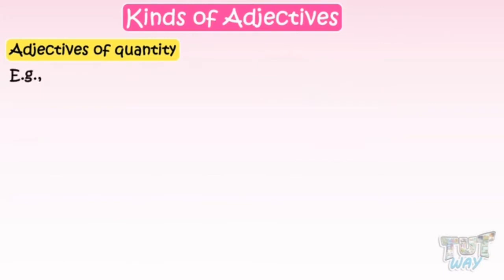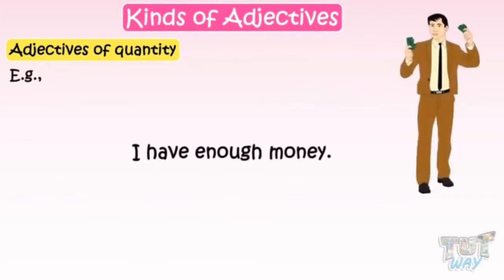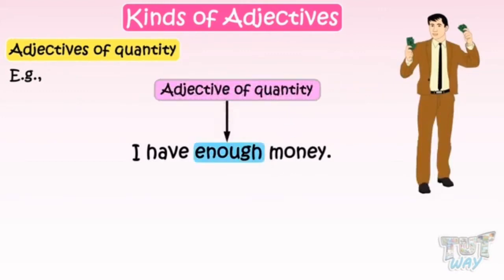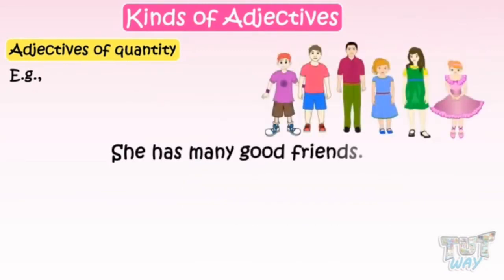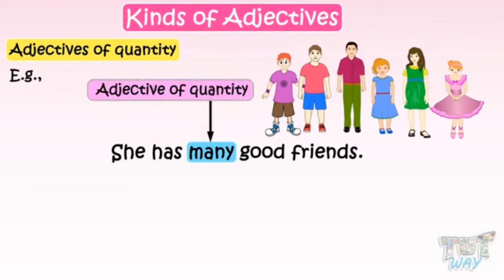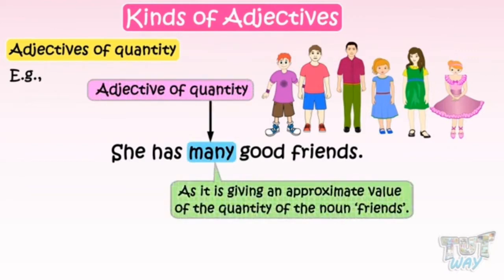Okay? Now, for example, I have enough money. I have enough money. Okay? Enough there is an adjective of quantity, as it is giving us just an approximate value of the money that the subject has. Okay? And not the exact amount. She has many good friends. Many is also an adjective of quantity, as it is giving an approximate value of the quantity of the noun friends. Okay,